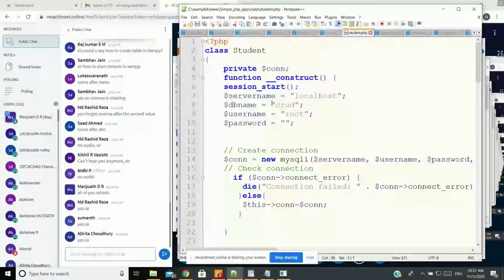The API you use to connect your database to the front end in PHP is only one.